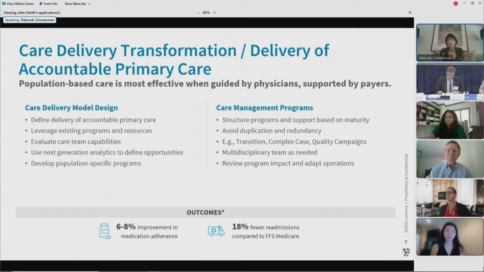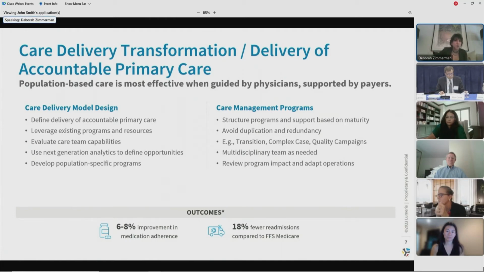This one could be a whole hour in and of itself, and 10 minutes is tough to fit it in. This is really how do we change the delivery of primary care, and how do you change the way care is delivered? We spend a lot of time, yes, care management programs, those described on the right, are really important. In my experience, if you don't change the way care is provided, these care management programs will not get you to that 26%